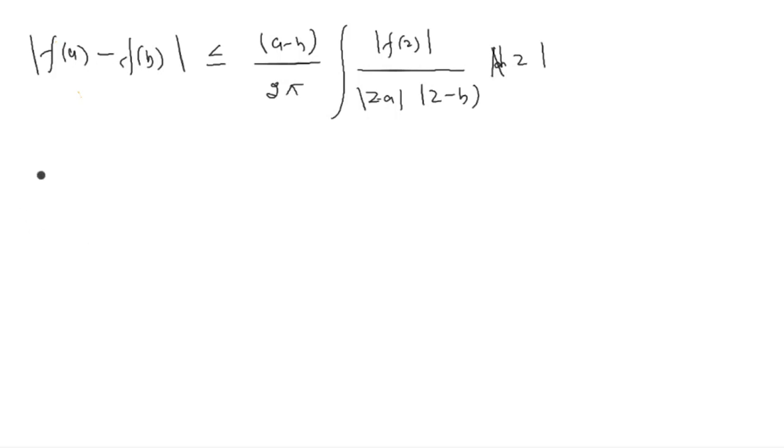Which is equal to, mod of f of a minus f of b less than or equal to (a minus b) upon 2 pi and